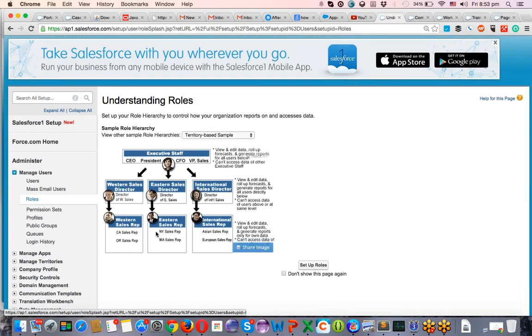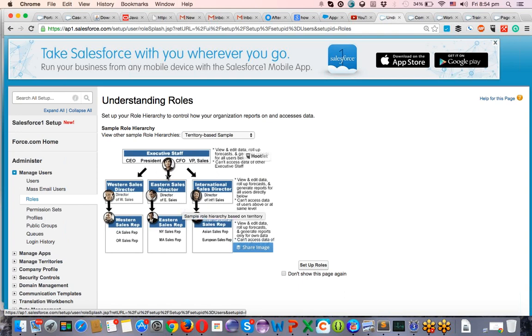Okay, you can set up the role hierarchy, a custom role hierarchy for your company. I don't know what your company's role structure is, how your company follows the reporting structure, everything I don't know. Salesforce gives the option to modify anything. Okay, so they are giving some sample role hierarchy information. This is the sample role hierarchy information for a company which works territory based, meaning it works region-wise.